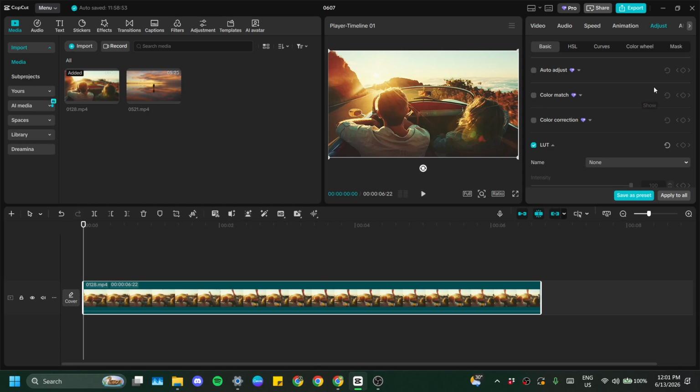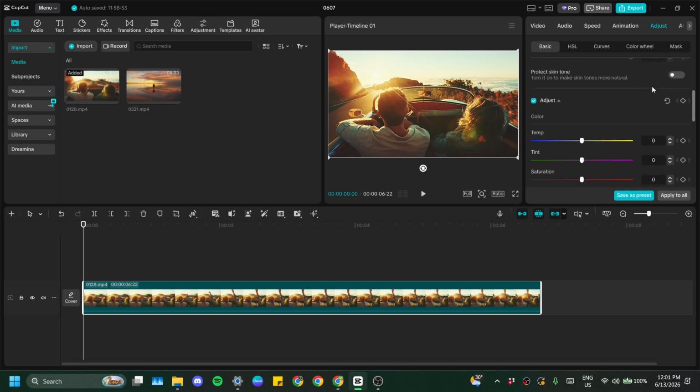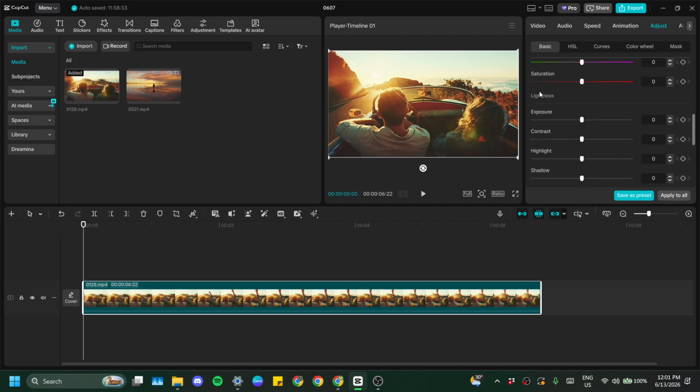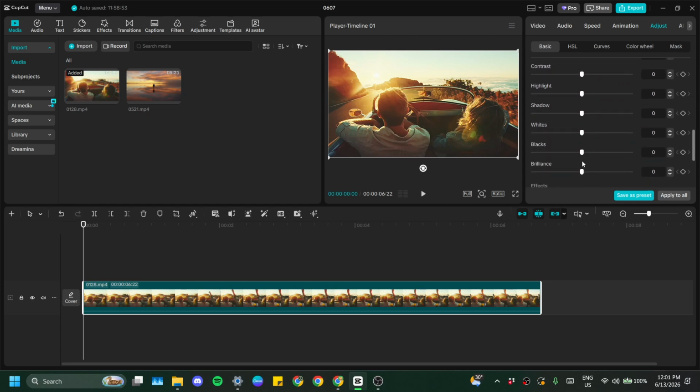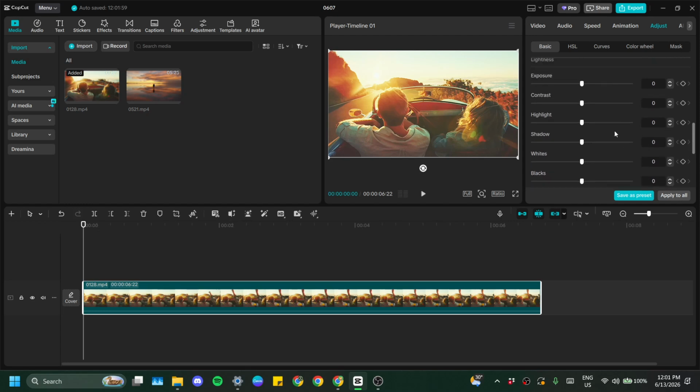Now let's start fixing the darker areas of the video. Scroll down slightly inside the panel until you see the section labeled Light. In that section, find the Brightness slider. Click and drag the slider handle to the right until it reaches around +10. As you do this, keep an eye on the preview monitor. You should immediately notice the overall exposure lifting, which helps remove that dull, muddy look and makes the entire screen